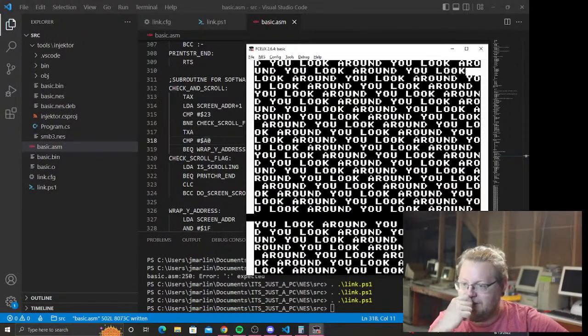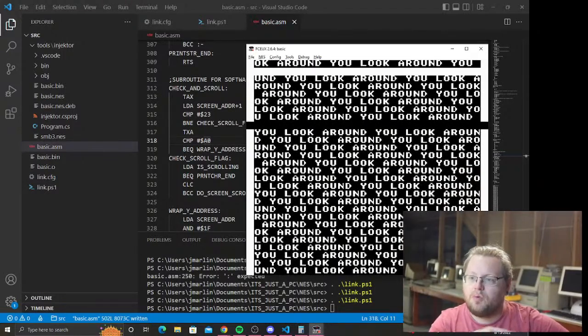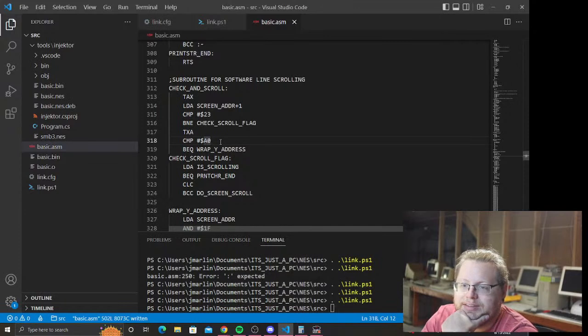And that's going to keep happening because we assume that we need to scroll and we need to wrap where we're writing in memory at the same time. And that is not true. We need to wrap when the address we're writing to hits 2C0, but we need to scroll when it hits 2A0. So that's a little annoying, just because there might be a decent hack for this. Assembly is always good for decent hacks, but yeah, this whole check was to check both of them. It was a one-stop shop for do we need to scroll and do we need to wrap the Y address,